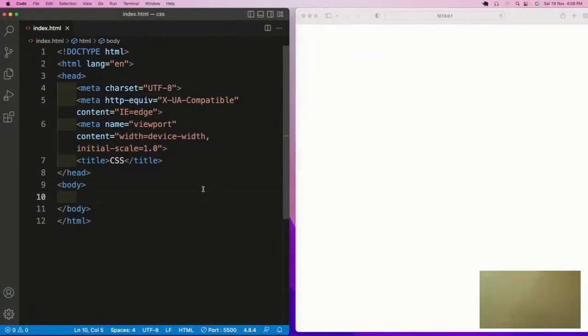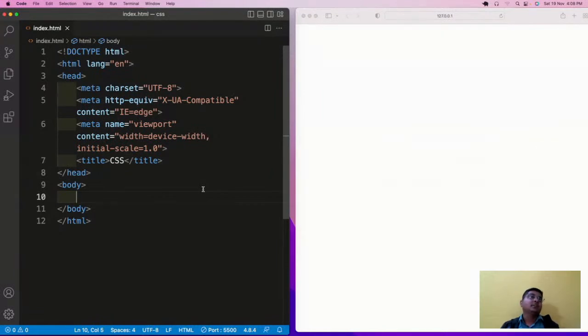So what is CSS? CSS is Cascading Style Sheets, which came into production in 1995. It is managed by W3C. In 2015 a major upgrade happened in CSS where CSS Flexbox and CSS Grid were added to the system.